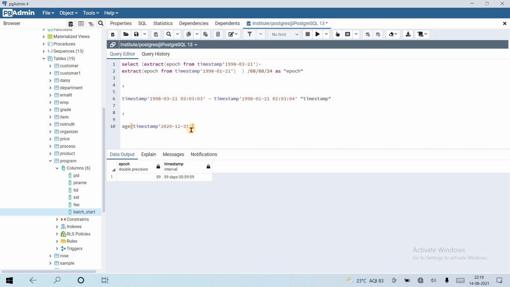Okay, that's it. And some time. Okay, let's see some time also. Now comma, again some date with changing the year only. Okay, let's see. The result is as age.